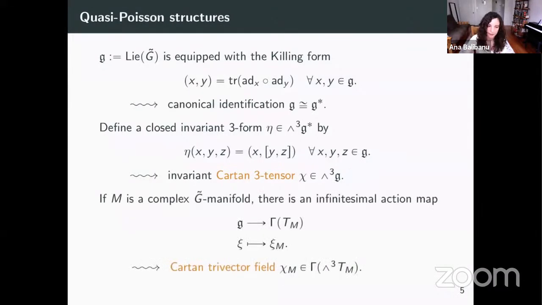Anytime I have a complex manifold with an action of the group G tilde, I also have an infinitesimal action map. And under this infinitesimal action map,